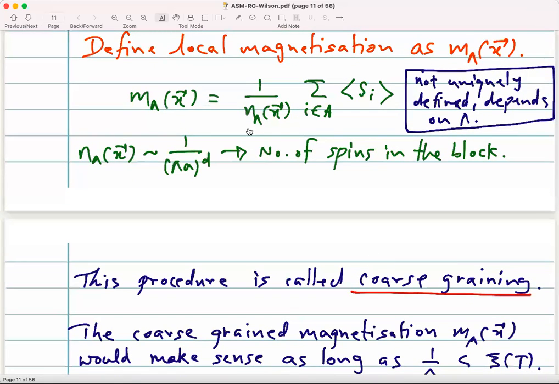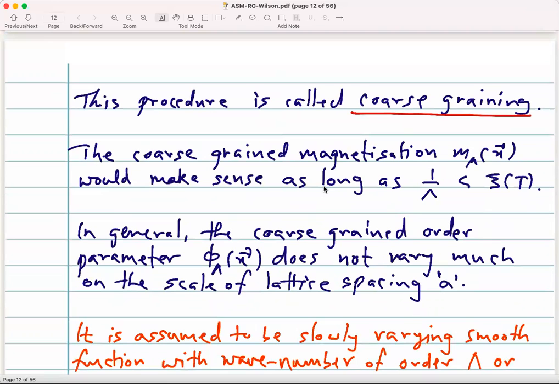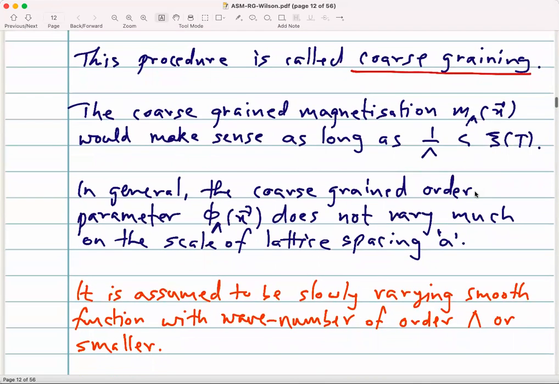Okay, but this process is what is called the coarse graining. The coarse grain version of the magnetization M lambda would make sense as long as you take 1 over lambda to be smaller than the scale over which the order parameter does not change significantly. So all these processes are defined within the Landau-Ginzburg model to try to kind of maintain the basic tenets